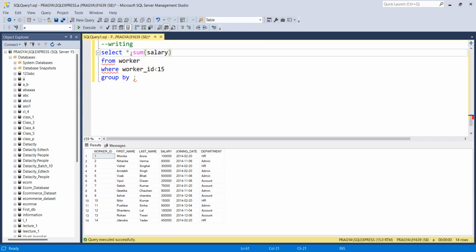Then only we can use group by, right? So all the things except this aggregate function are written in my group by. So I want it with the help of my worker ID, first name, then my last name, then my salary,